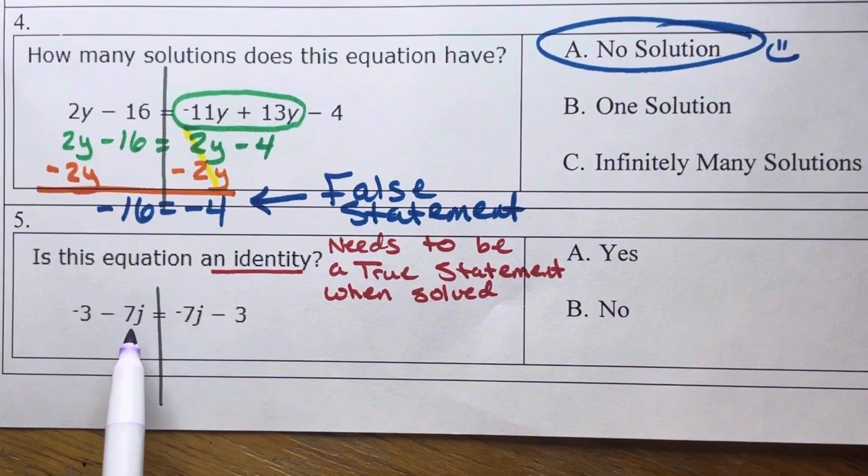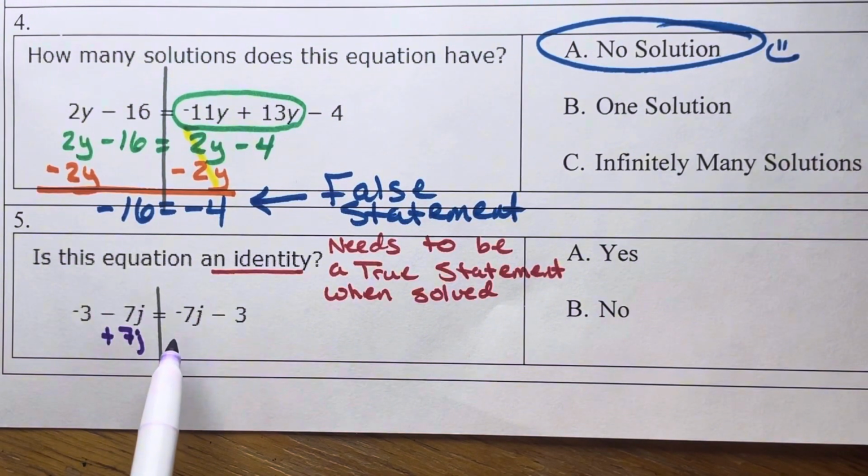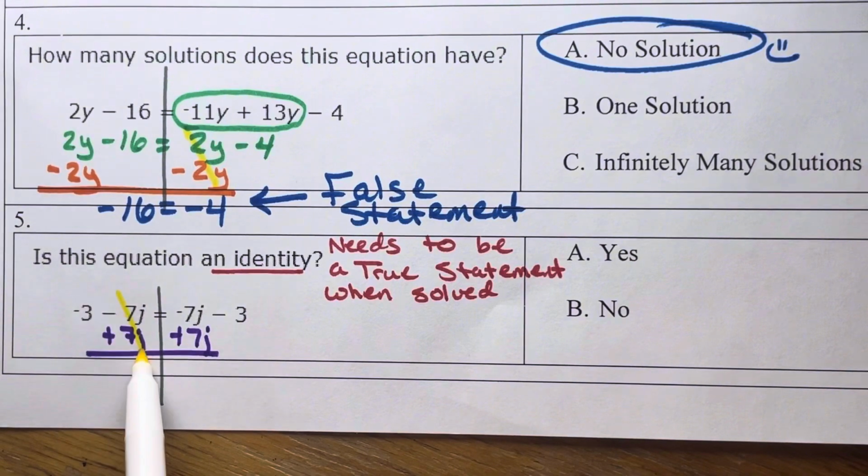We have the variable j on both sides of the river. So let's get started by moving one of them. On the left side of the river is a minus 7j. So we're going to move it to the right side of the river by doing its opposite. And what you do on one side of the river, yep, you do it to the other side of the river as always. The whole point of this was to make the j's on the left side cancel out. And that happens to leave you with